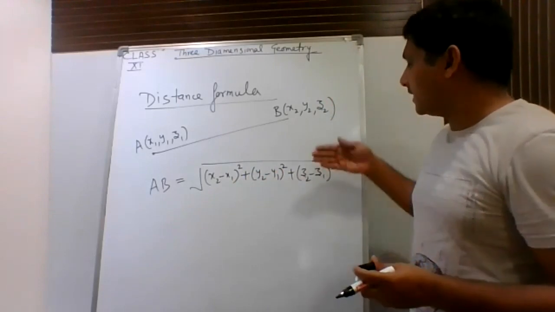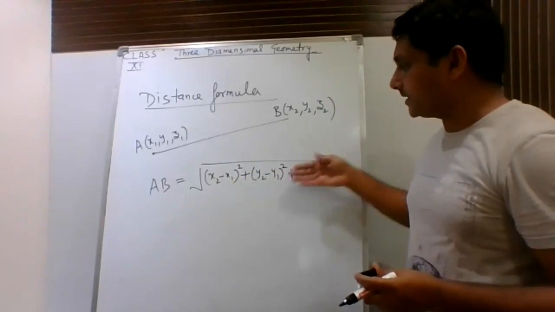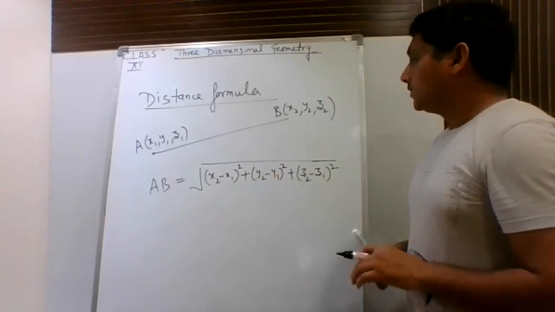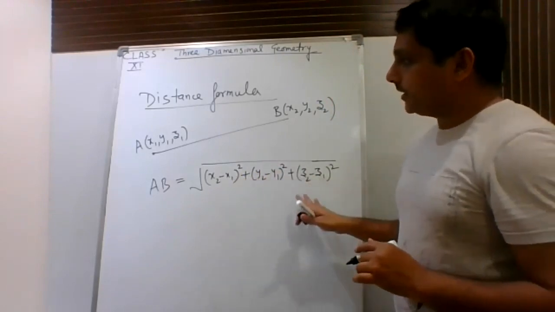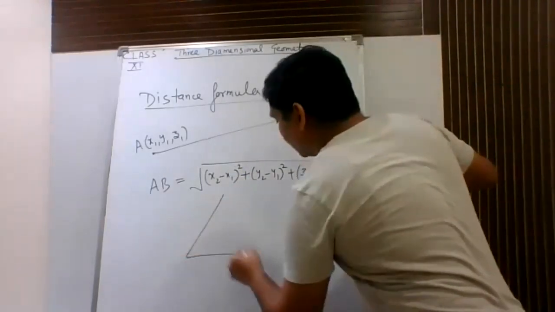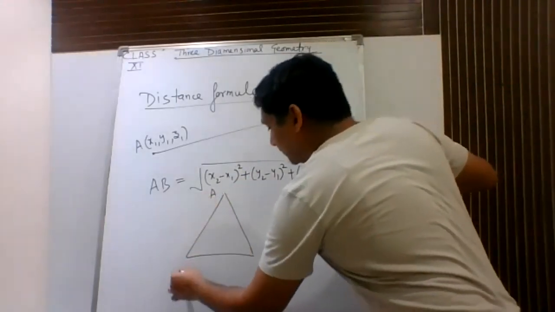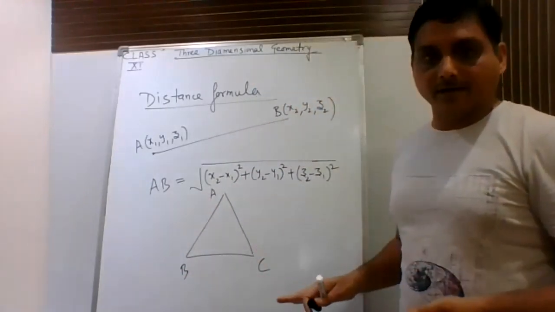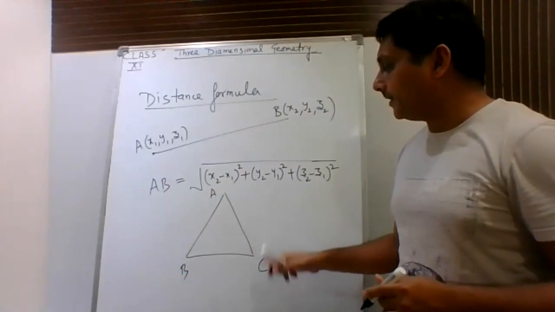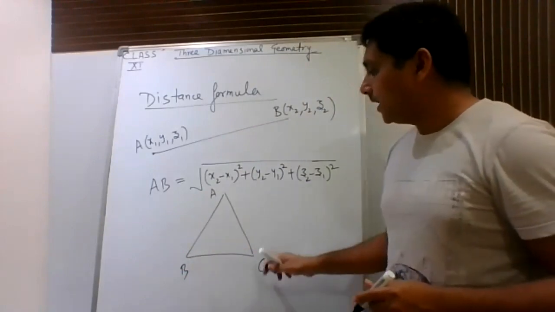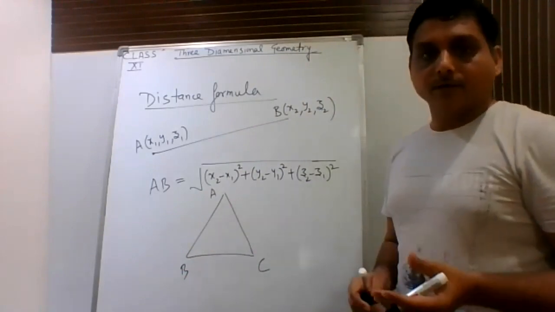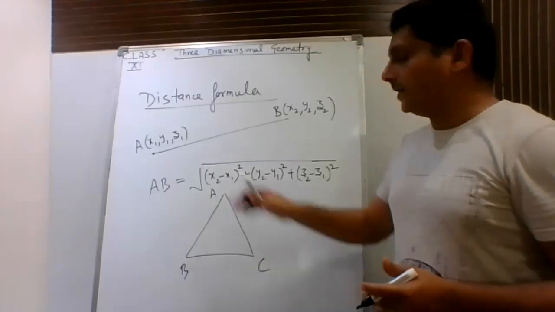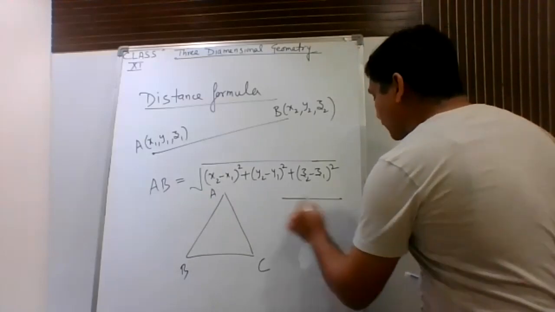Now, in class 10, we had done it for 2D. Now we are just extending the idea to three-dimensional geometry. So now, a question based on it. Sometimes they will give you the coordinates of a triangle ABC. Now they will ask you to prove that it is equilateral. In order to prove that it is an equilateral triangle, you will find AB, BC, and CA, and after that you can see that all the three lengths are the same. So we can say it is an equilateral triangle. Sometimes they will give you this figure.